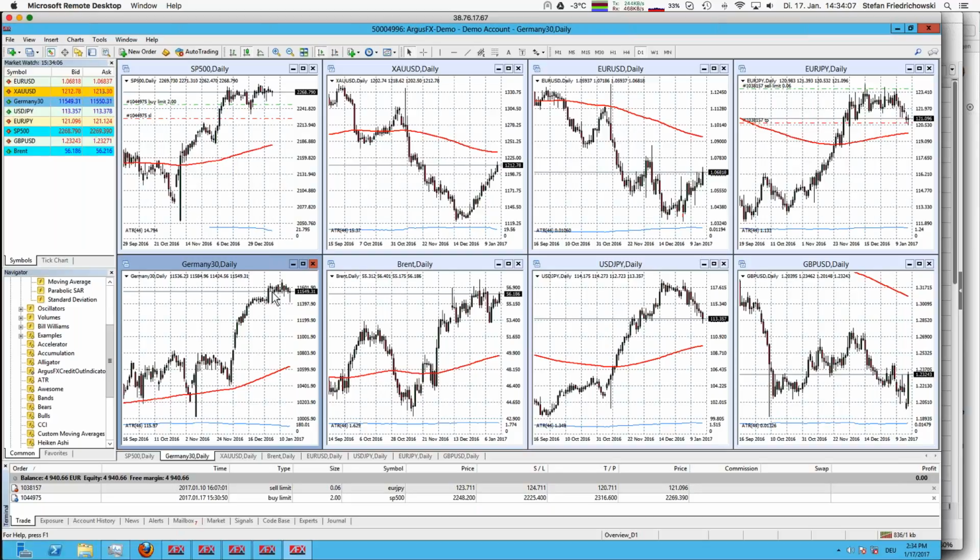And back to the story about, do we have a next chance or a second order on Germany 30? Yeah, so I would say yes, there might be, and then I would place a buy stop order here at that level. Let's see whether I have time at the end. Then I would come to that trade as well. But let's first ask ourselves for other opportunities.